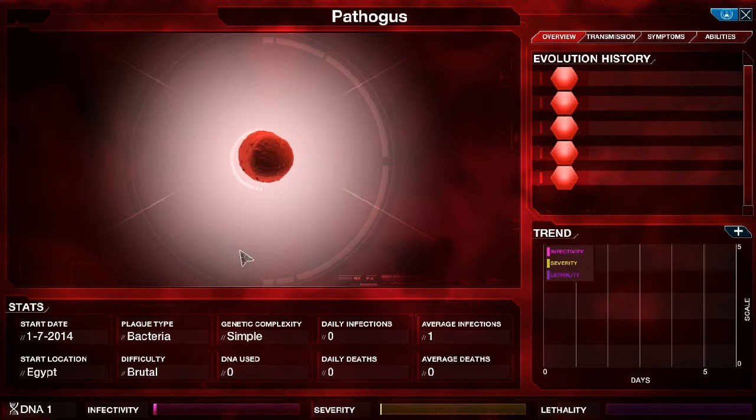Single-celled, etc. Right here you have statistics of your bacteria. Right here you have the trend of infectivity, severity, lethality. And up here you have evolution history. And this is the basic overview. Don't know what that is yet, because I haven't...